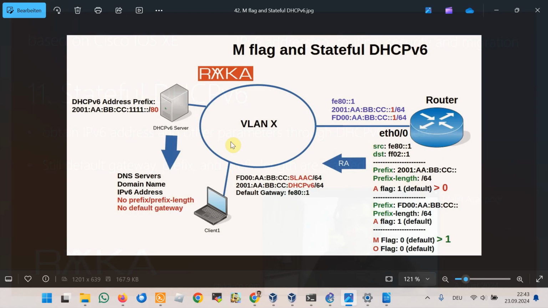This is a figure that I'm going to use to discuss how a stateful DHCP version 6 works. As you can see, in the router, we have already configured three IPv6 addresses: a link local address, a global unique address, and a unique local address.